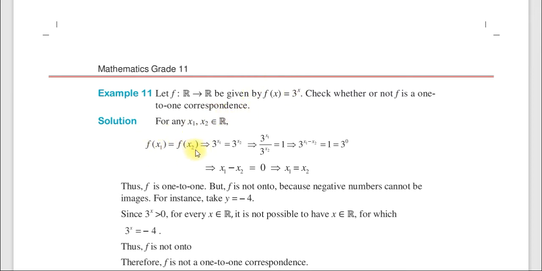to f of x2. That implies that 3 to the power of x1 which is equal to 3 to the power of x2 implies 3 to the power of x1 over 3 to the power of x2 which is equal to 1. Implies 3 to the power of x1 minus x2 which is equal to 1, 3 to the power of 0 ጋር እኩል ነው። ያ ማለት x1 minus x2 which is equal to 0, x1 which is equal to x2